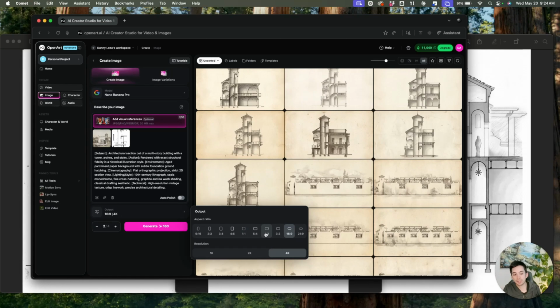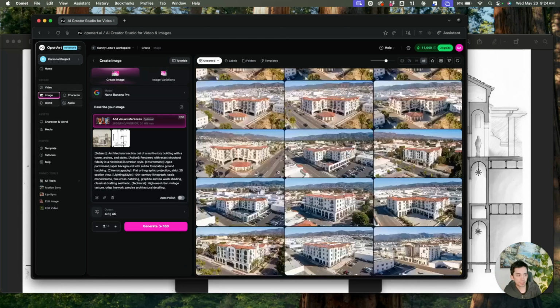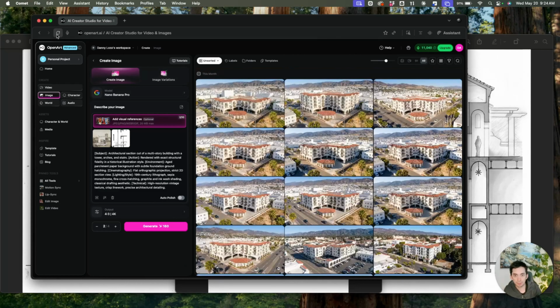So for instance, if I start rendering on a 4:3 ratio, it might do something to the shape of the building, meaning it's probably going to render it the right way, but sometimes it will shrink the image. So for instance, one of the renderings I was doing some time ago, let's see if I can